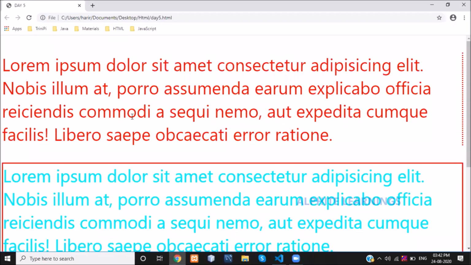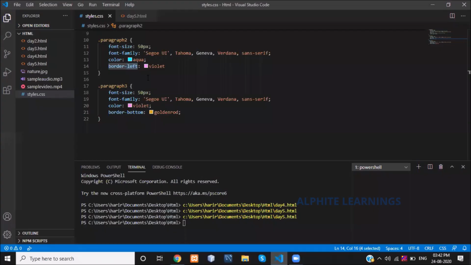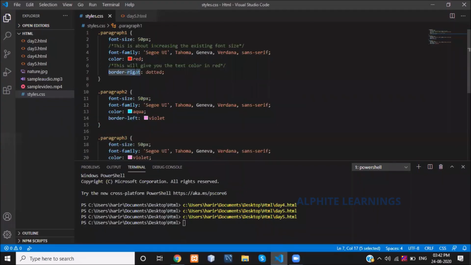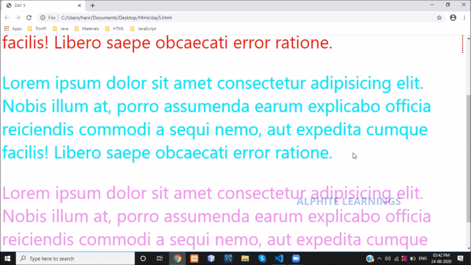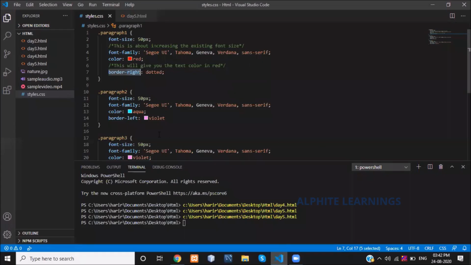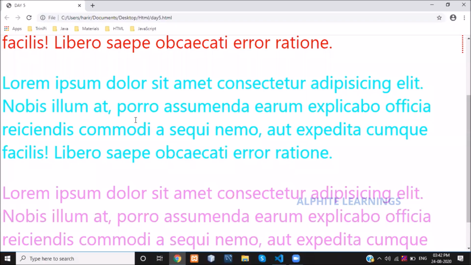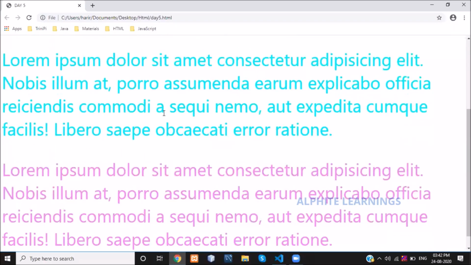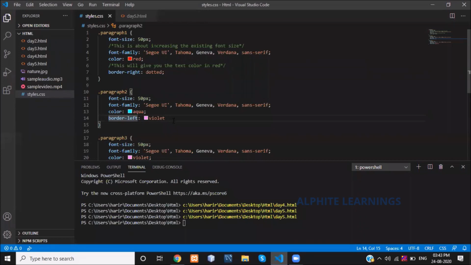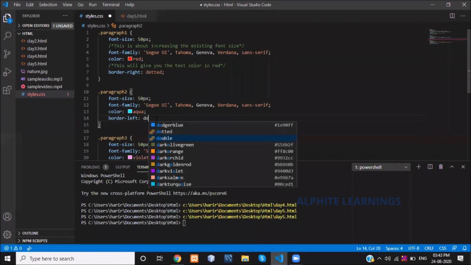Let's see. See, for my first paragraph the dotted line borders are displaying on the right side. For my second paragraph, the border-left is displaying in the violet color. Sorry, I have not mentioned it here: for border-left I am just giving double.